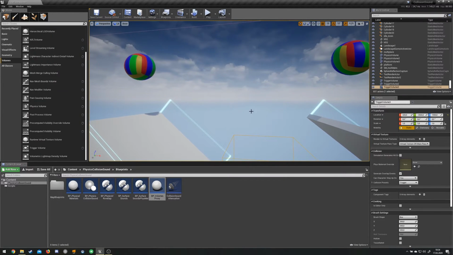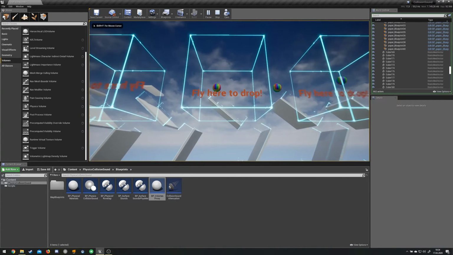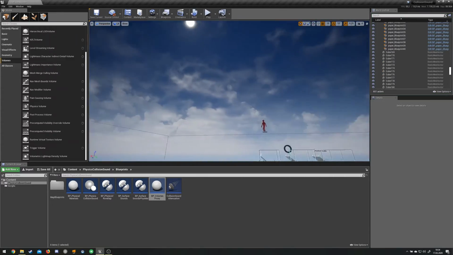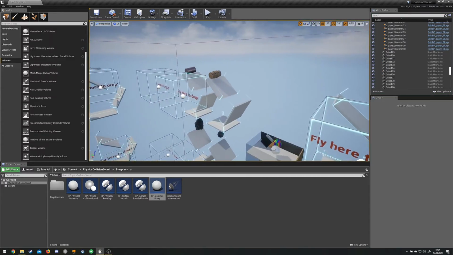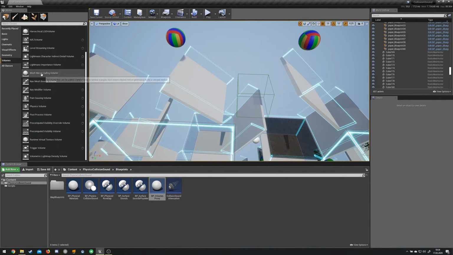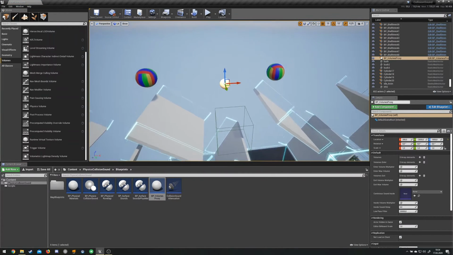If the ball hits this thing, nothing is going to be played yet. We can test it. Nothing's playing. But if we now add the BP volumes proxy to the level,